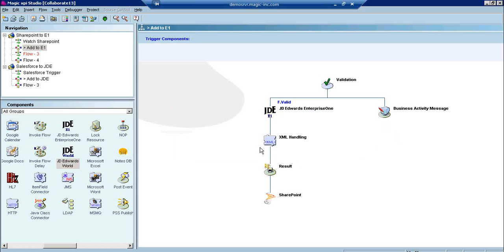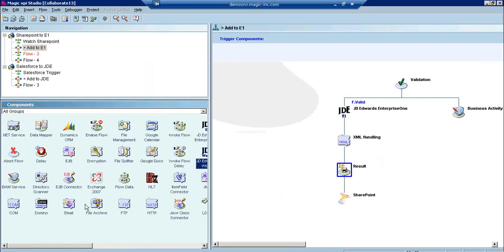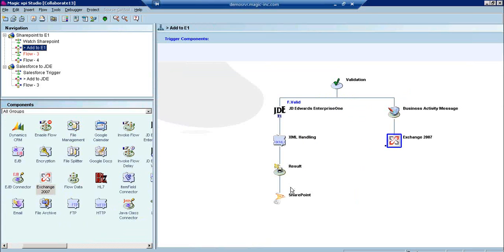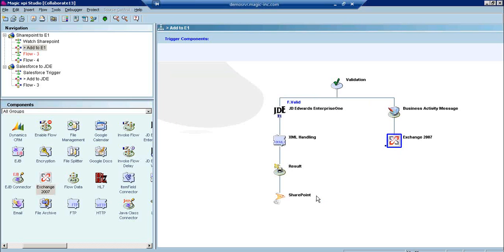Because we're looking at Microsoft Exchange integration to JD Edwards as well. How could we accomplish that? Sure. Well, we do have an Exchange component. The Exchange component can do, of course, emails, sending and receiving emails. But beyond that, it's also capable of working with, I don't have an Exchange server, so I can't show you yet, but basically, it's capable of working with calendars and also with contacts.